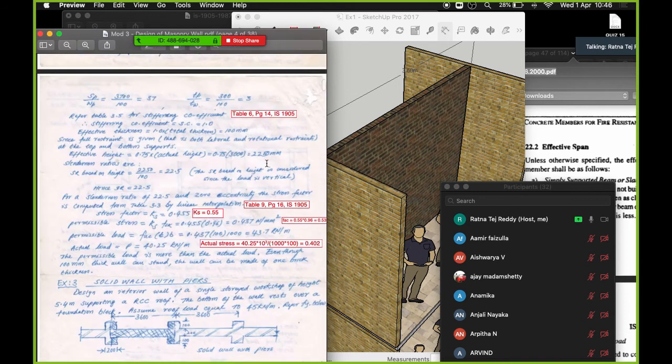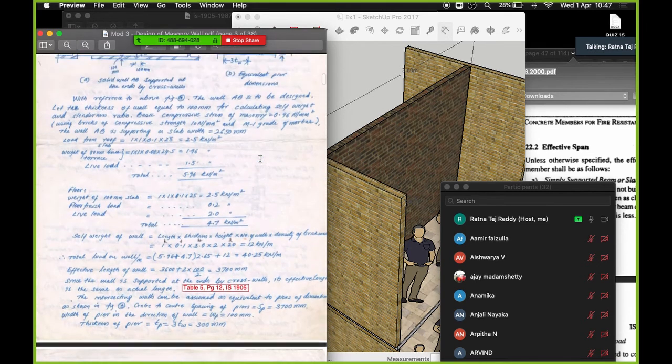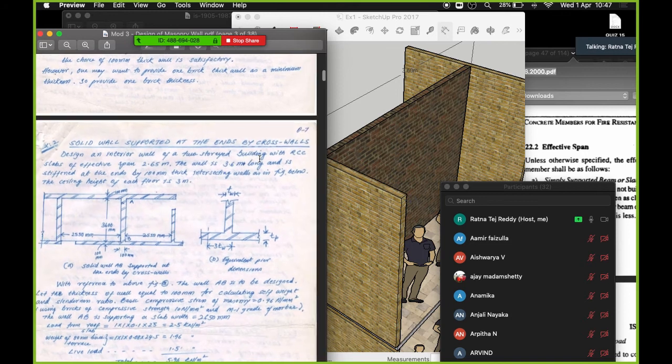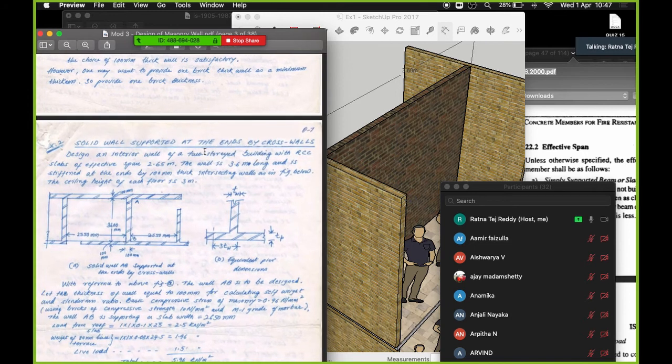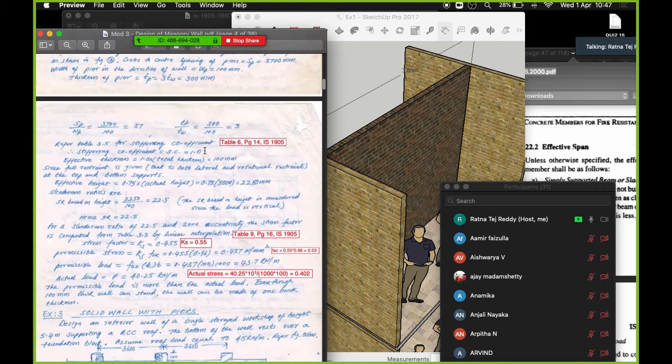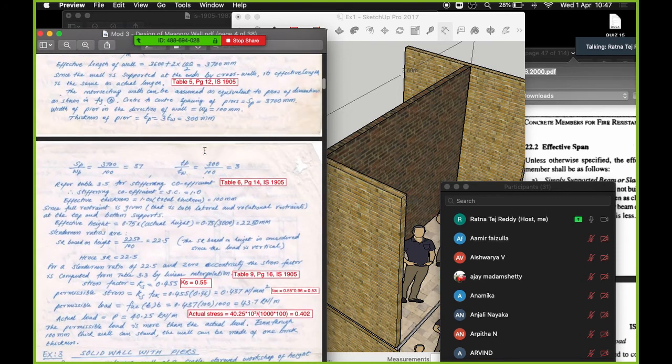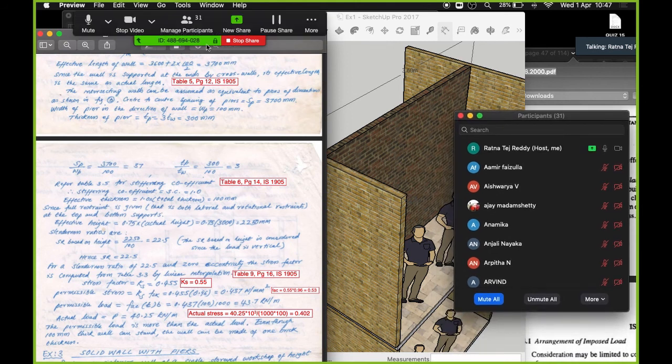So this will conclude your example 2, which is a different scenario compared to your previous example. This is when the ends are supported by cross walls. We will have 2 more examples, preferably example 3 and 4. We'll go through this in the next session, but for now we'll just conclude this session because I think 40